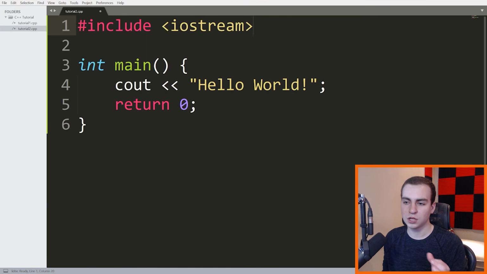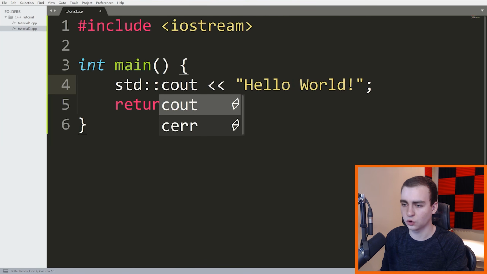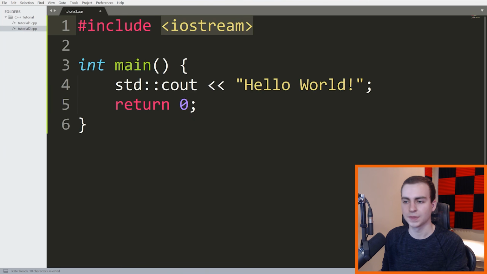However, if we want to use this cout thing right here, well, we don't know where that is. It's defined inside of a namespace. So for us to be able to use cout, we either have to explicitly reference what namespace cout is defined inside of. In this case, we would write std::cout. And what this means is, inside of the iostream library, find the namespace called std, and then find the function called cout and use that. That's kind of what this line means.